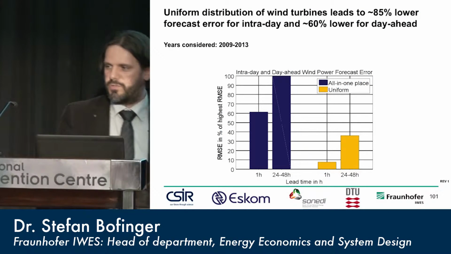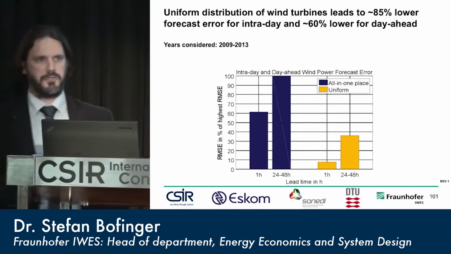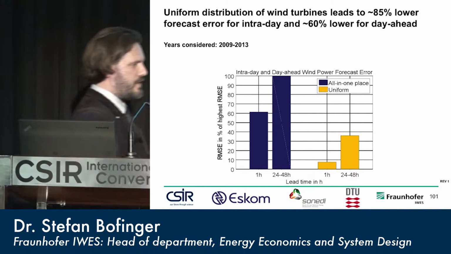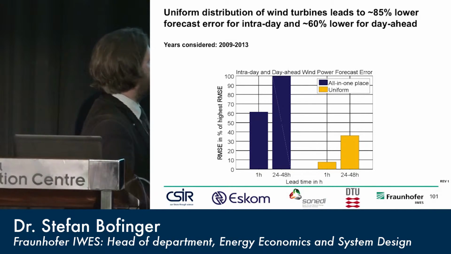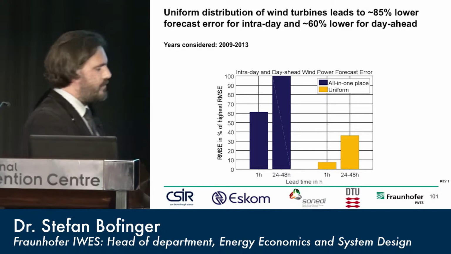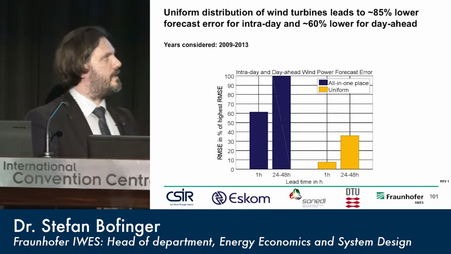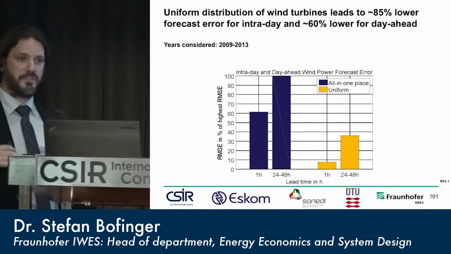Now I come to a completely different analysis. It's about the forecast errors, because in grid operation, the reliability of forecast is an issue. The better you know what will happen the next day or within the day, the better you can plan the unit commitment, and it also reduces the cost